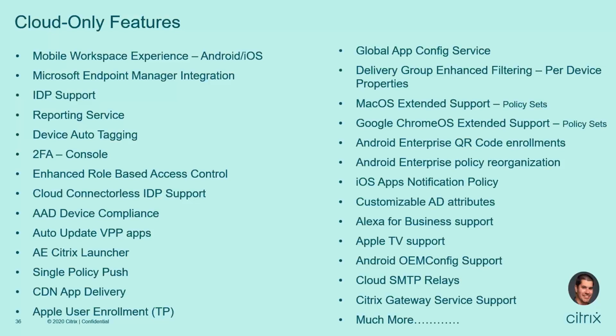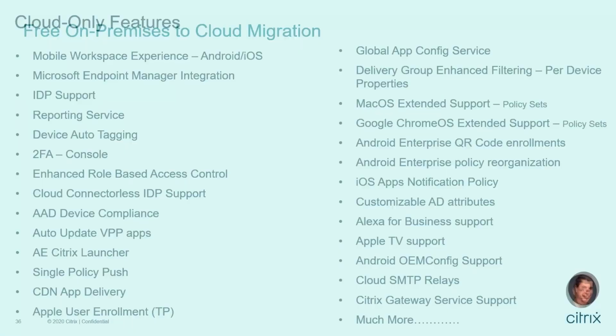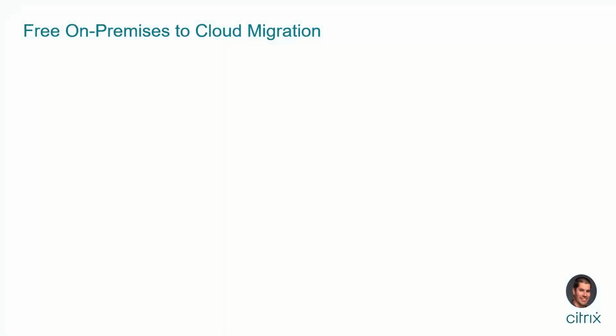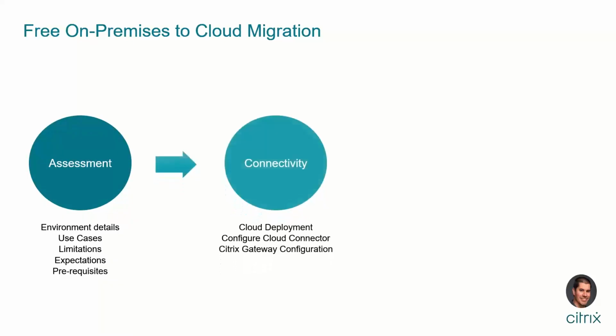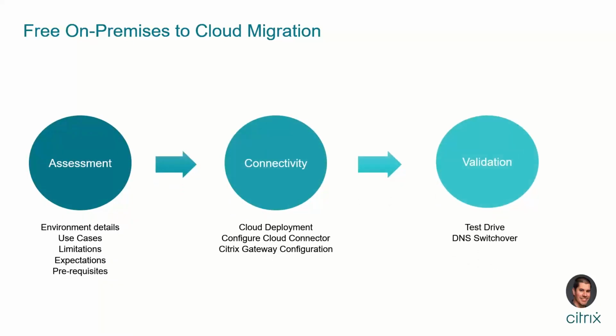A lot of our customers who may be on this call may like this. We want to reiterate that we offer a free on-premise to cloud migration service. We have a dedicated team that goes through the entire end-to-end process, from the overall site assessment to the connectivity of anything that's needed, such as the cloud connectors or gateway reconfiguration,